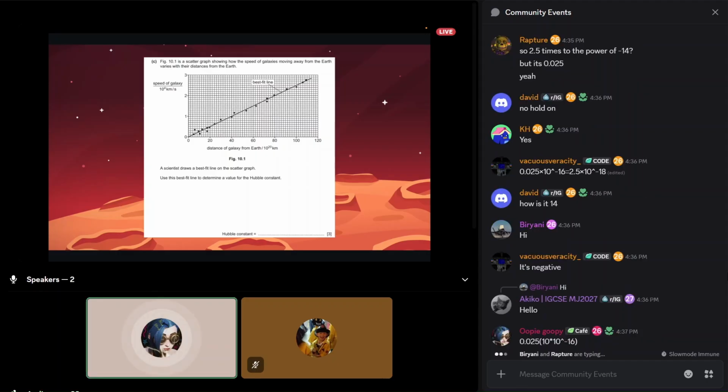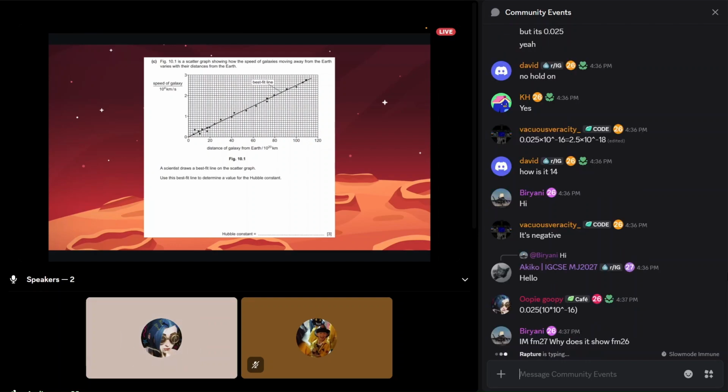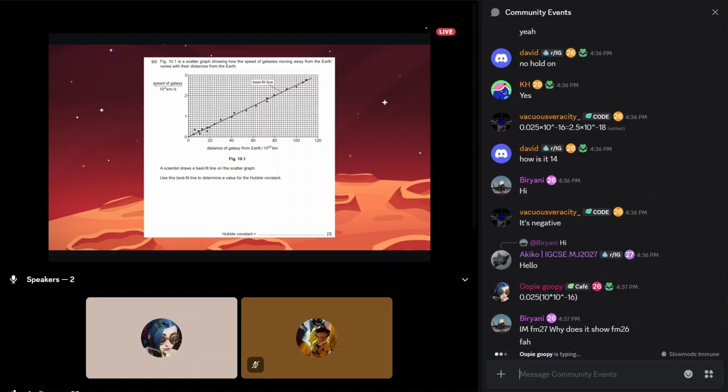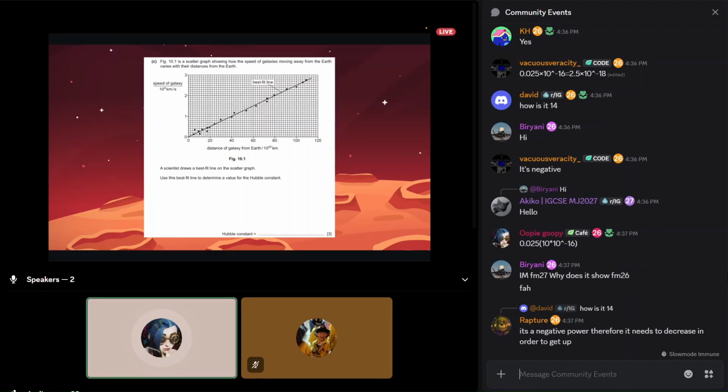Okay, this is your first answer, right? But you want the 2.5 to be in front because that's the standard method of answering. So you multiply by 100. So then you should get